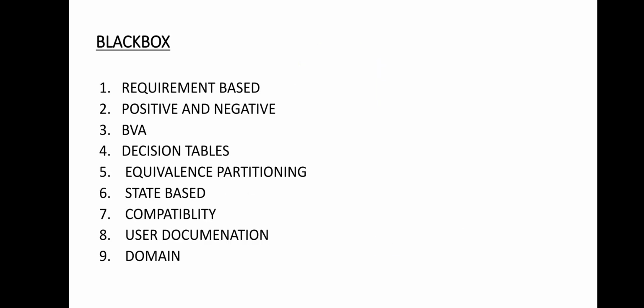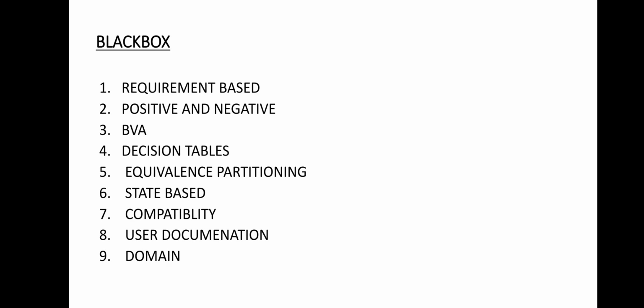So basically, when we talk about black box testing, I know that all of you are aware of the basics of this kind of testing, as you have studied this topic in your previous classes. So let us define it shortly. Black box tests are convenient because they use the complete finished product and do not require any knowledge of the construction of the project. So black box testing is done without the knowledge of the internals of the system.